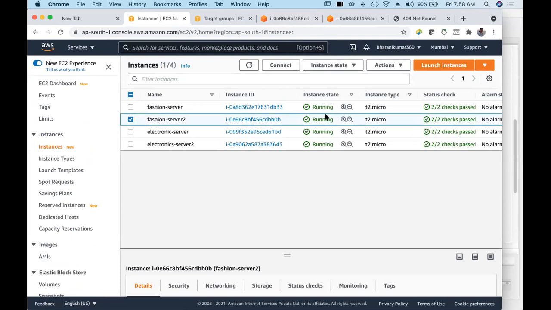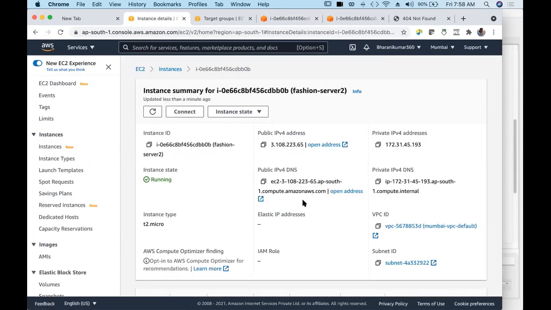Fashion server 2 is healthy, but we are getting file not found. Say public IP.